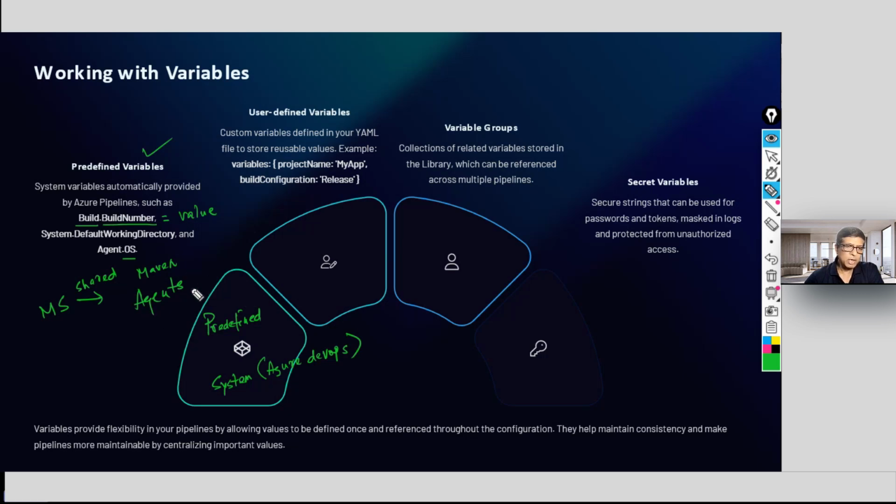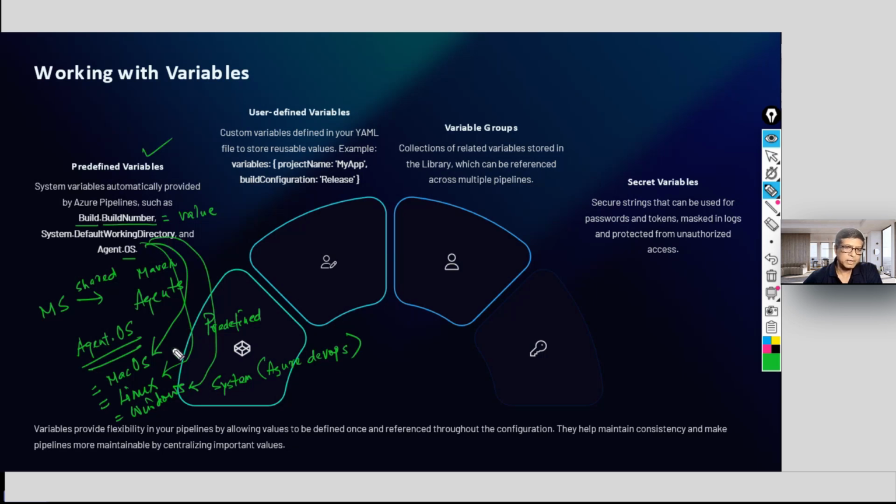Let's say you want to query what your operating system is. It can return macOS, Linux, or Windows, depending on which environment you are working in.